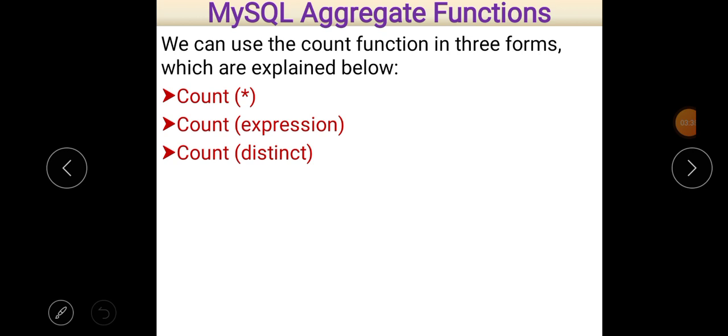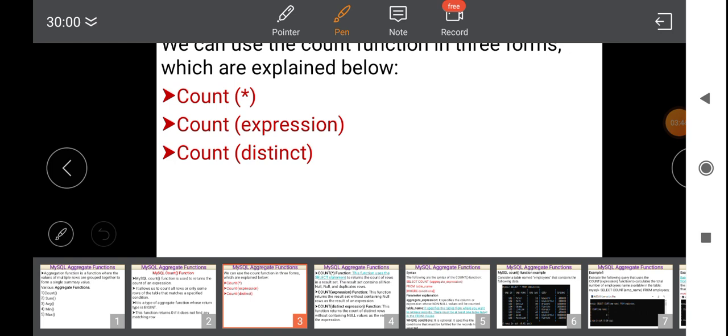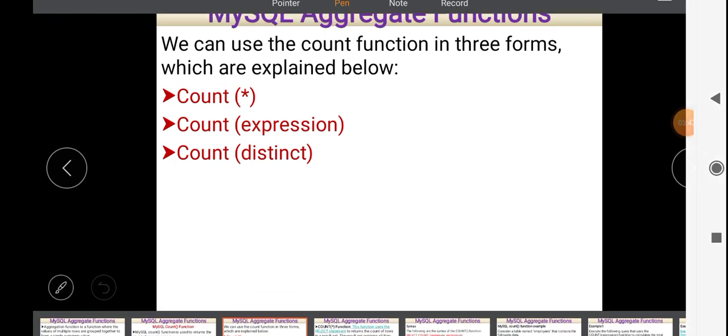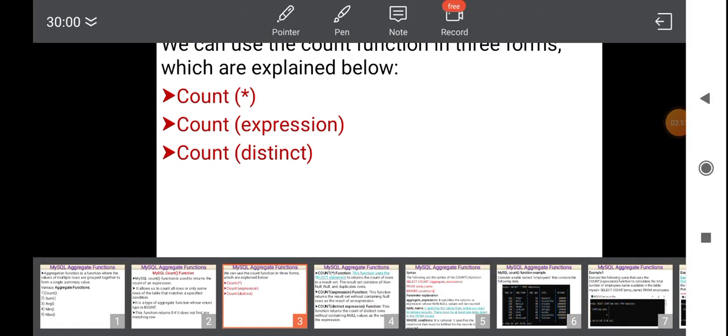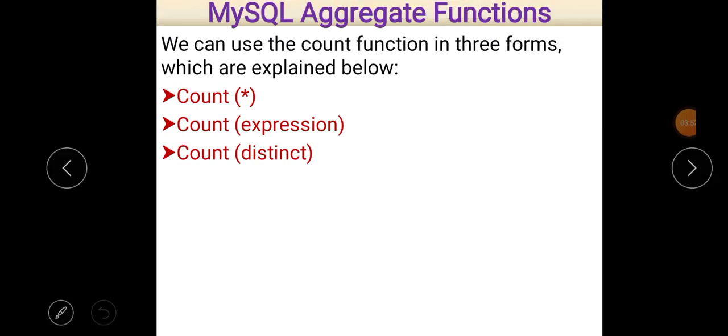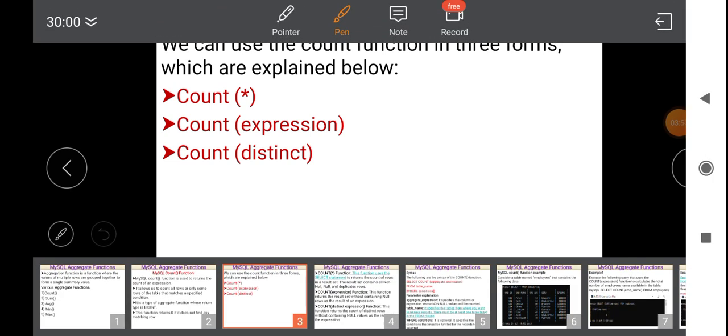Let us take three different forms in which we use count. First of all, we just use count star, then second, count expression, and third, count distinct.